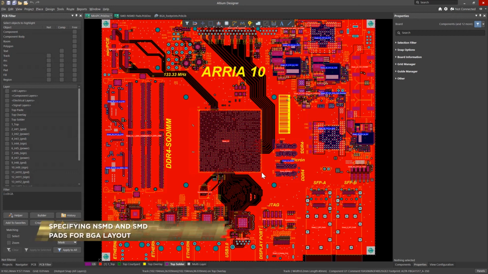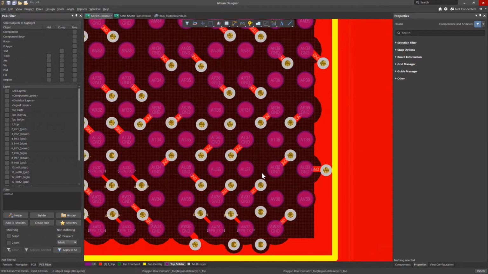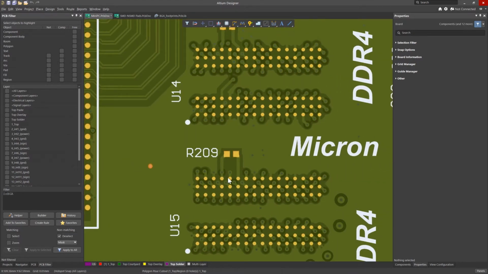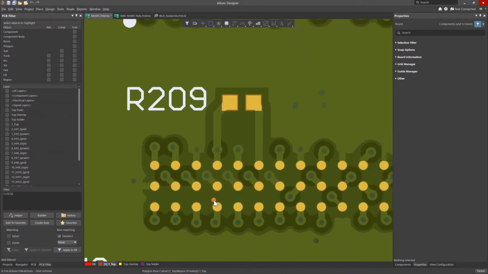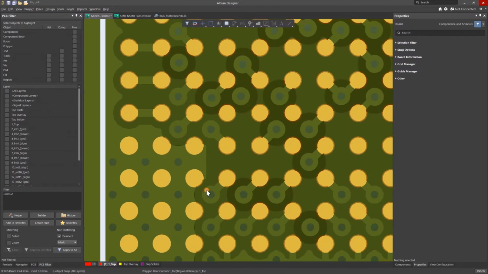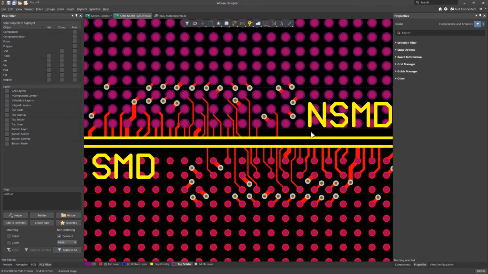For surface mounting components and BGA in particular, two types of pads can be used: NSMD, non-solder mask defined pads, and SMD, solder mask defined pads. The choice in favor of this or that type is made depending on the pitch of the chip leads, pad sizes, and manufacturer's recommendations. The difference between them is that for the former, the size of the solder mask opening